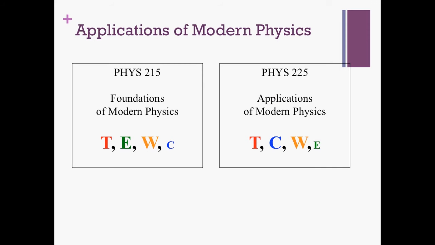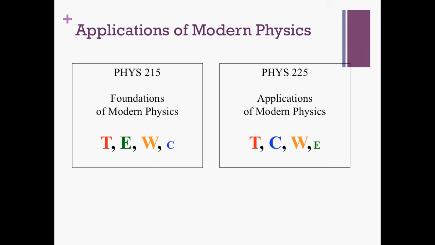Now you may have noticed from previous slides that our modern physics is perhaps a little different than at other universities in that we have two courses that relate to modern physics, and they are in fact order independent. Foundations of Modern Physics includes relativity, cosmology, and particle theory, and the main focus of its laboratory is to develop experimental skills, hence the larger font E in that course, while Applications of Modern Physics, on the other hand, which includes